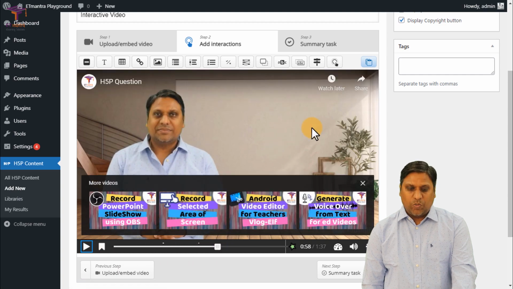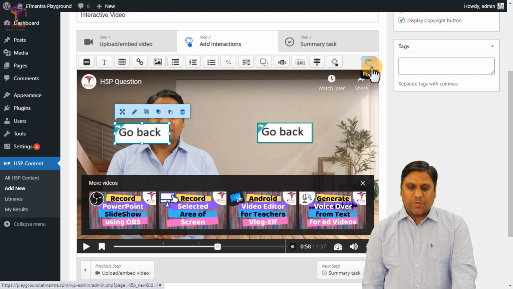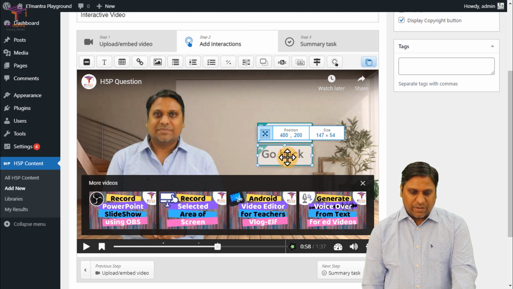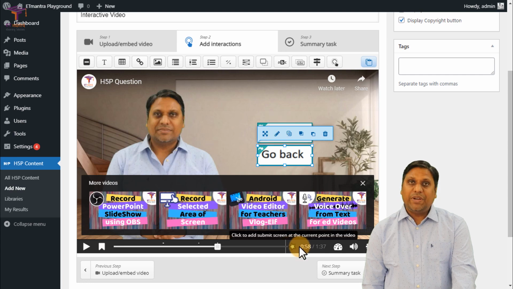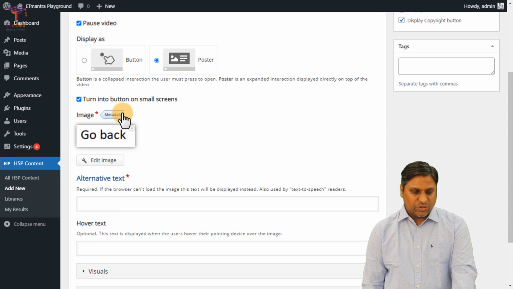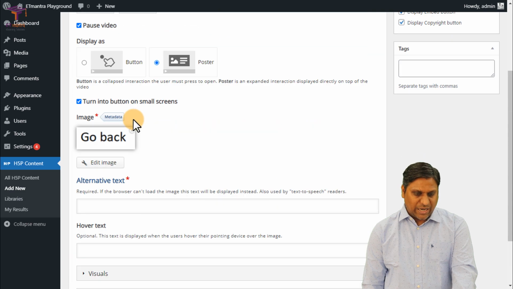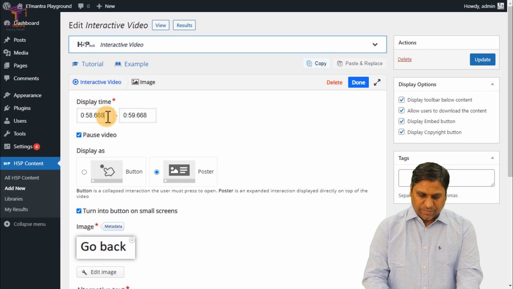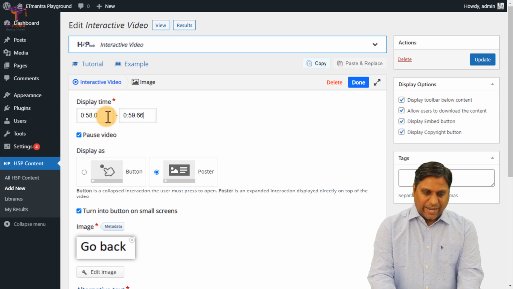At present I want to present that screen, so I'll click on paste because I have already copied that option, and then I will put it here. I will edit it, and at 58 seconds I want to display, so I will select 58.0 to 59.0.